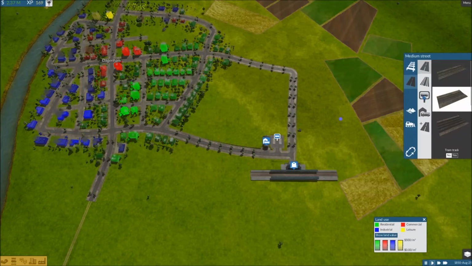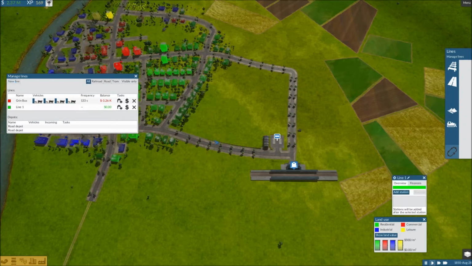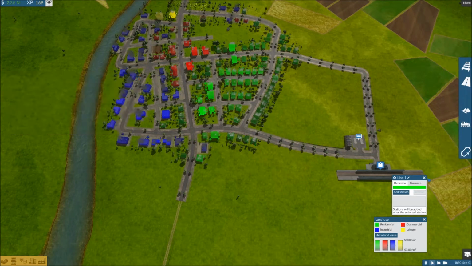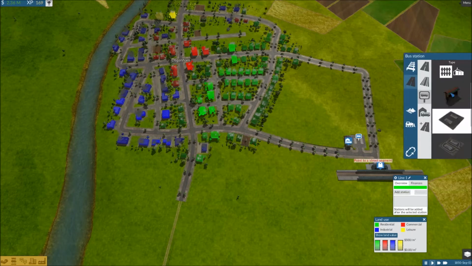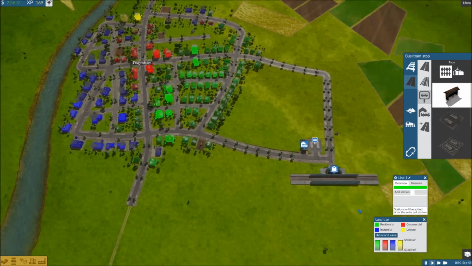And start a route. New line. Oh, well, crap. That was dumb. I forgot to put in all the stops. Gotta have stops. Just built the one. So our first stop is going to be, let's see, let's make it go...